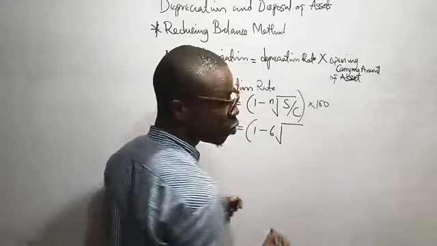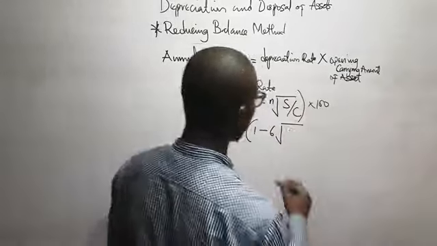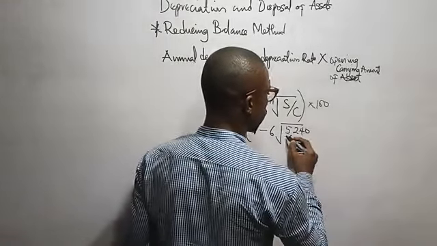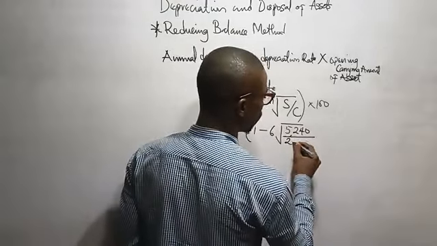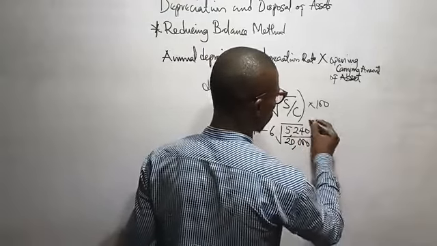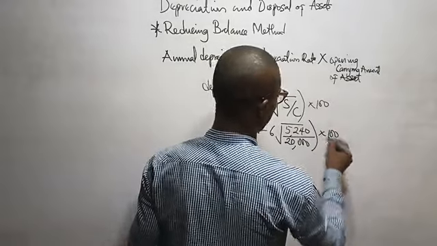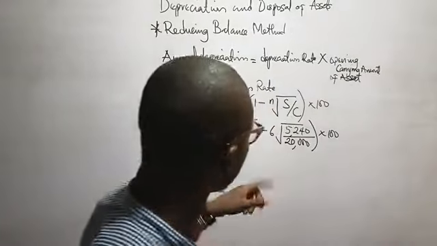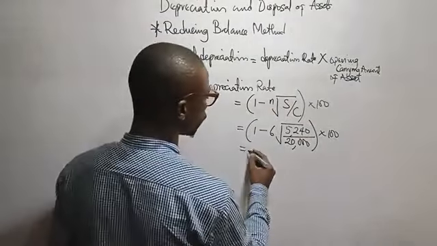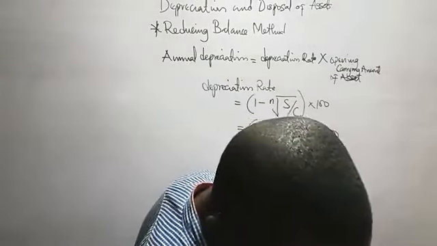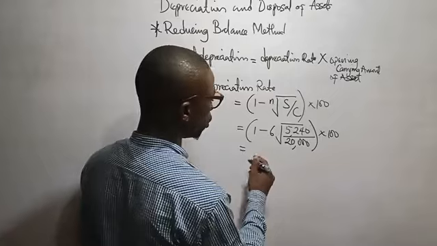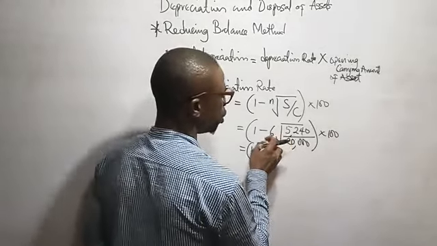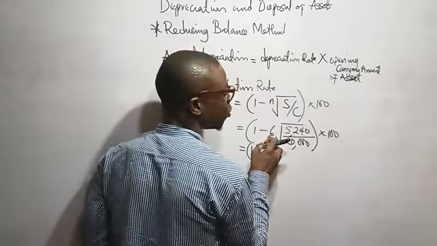The scrap value is 5,240. The cost is 20,000. Am I communicating? Now, if you press this in your calculator, are we together now? It will give you 1 minus the cube root raised to power 6